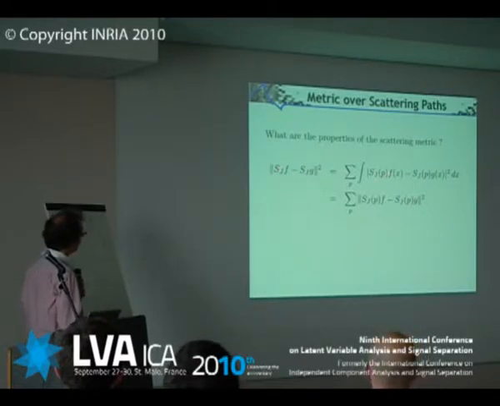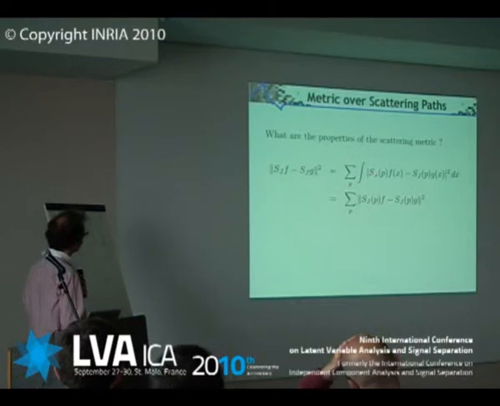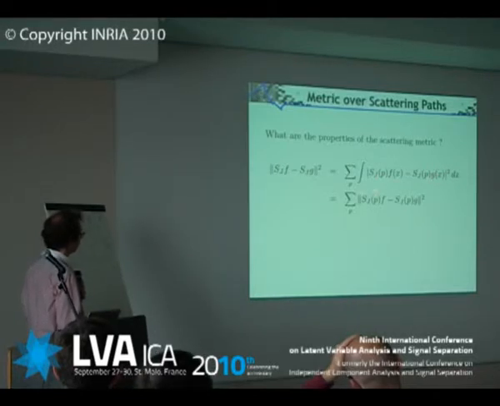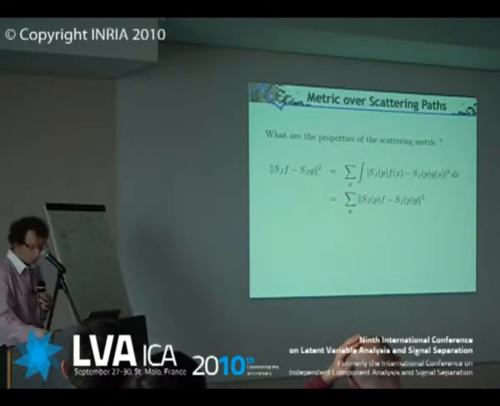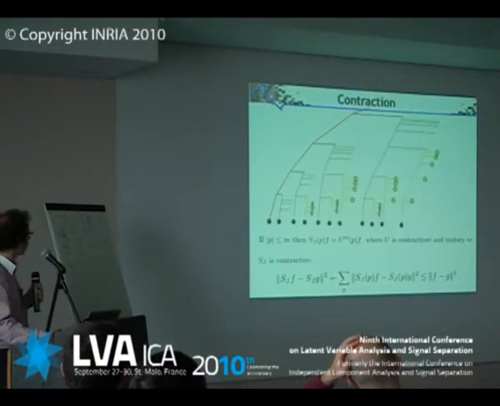So this is the distance I've built here. It's basically given by doing, for any path P, the distance between the response of F and the response of another signal G. I look at the L2 distance. And now I'm going to sum over all paths. So it's the sum over all paths, sum over all positions of the distance squared. That's the L2 distance that I have here.